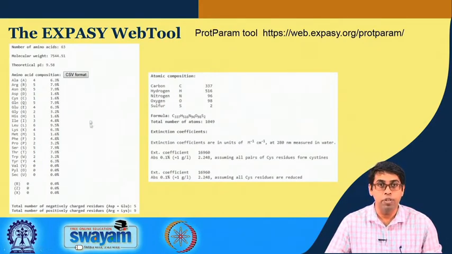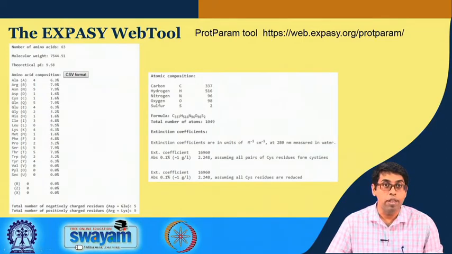I am showing some of the outputs for a particular sequence that I have put in. So, in this case what you see is the number of amino acids. You see the number of amino acids is 63, okay, and it also gives you the accurate molecular weight of your protein, which is 7.5 kilodaltons. If we use our rule of thumb, in that case we are using 110 daltons. 110 multiplied by 63 will be 6930, so roughly 7 kilodaltons. But you see that the actual molecular weight is 7.5 kilodaltons.